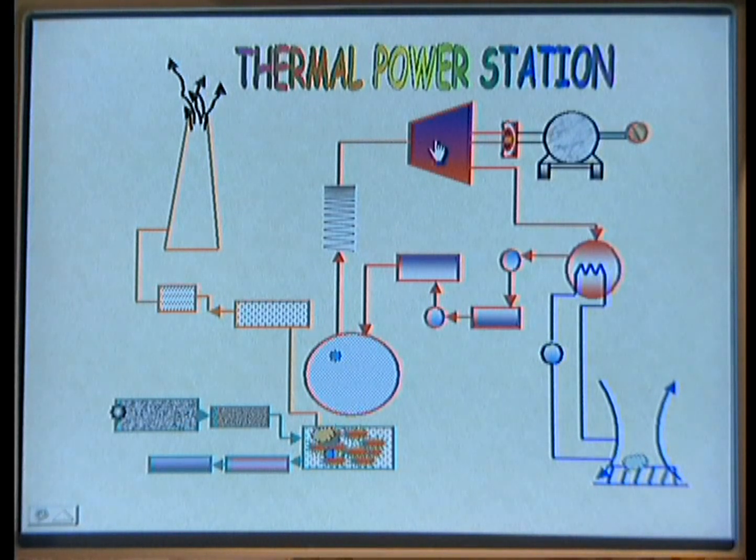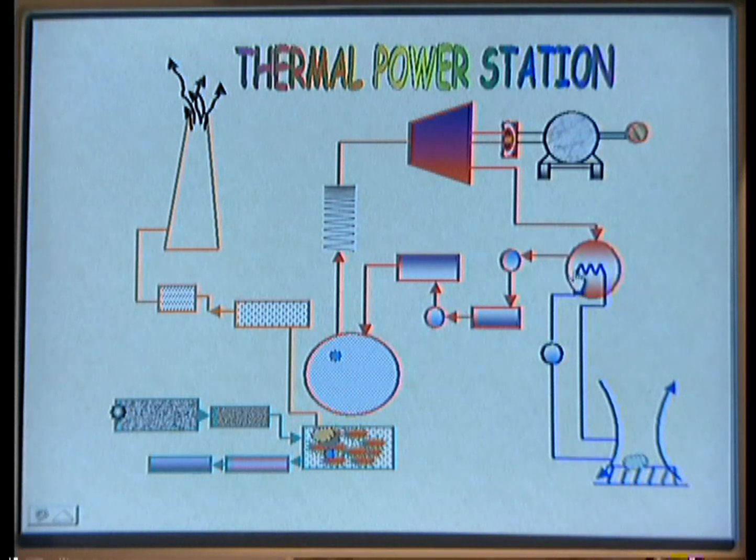why should we waste the steam? The steam at high temperature and high pressure is passed through a number of fixed and moving blades. After that, it is at a low pressure, the exhaust steam pressure being nearly 6 to 2.5 centimeters of mercury, and this low pressure steam is passed to the condenser, where the condenser condenses the steam. Then the steam is formed into water. The water is of a very purified nature. This water is fed to the boiler through the low pressure heater and high pressure heater as makeup water.